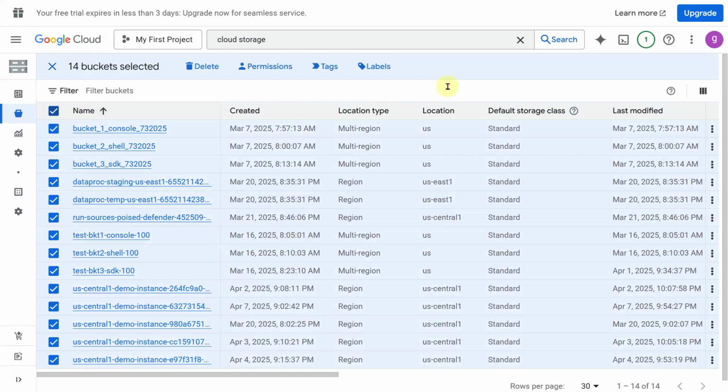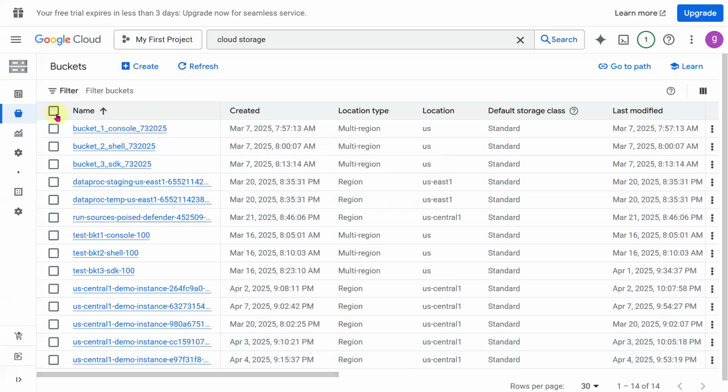If one wanted to interact with any service like Google Cloud Storage, for example to list all the buckets, you will be able to do it. If you wanted to delete any of the buckets, you can do it.